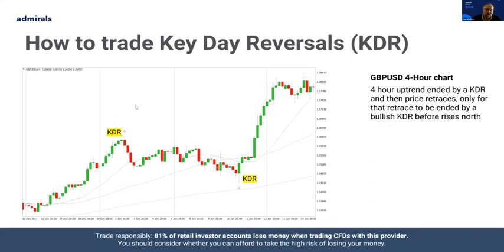For our examples on the cable, you can tell that I'm a sterling trader, can't you? Once again, price in a nice uptrend. What ends the uptrend? It's this candle here: it opens, pushes to a new high, rolls over, collapses, closes beneath the low of the previous candle, and there we move all the way down. We move all the way down until what? Well, we've been trailing down here. This candle here, price pushes to a new low, doesn't it? Then it rallies strongly and basically closes above the high of that previous candle. And then what happens? Bosh, off we go. So that's what we're looking for.